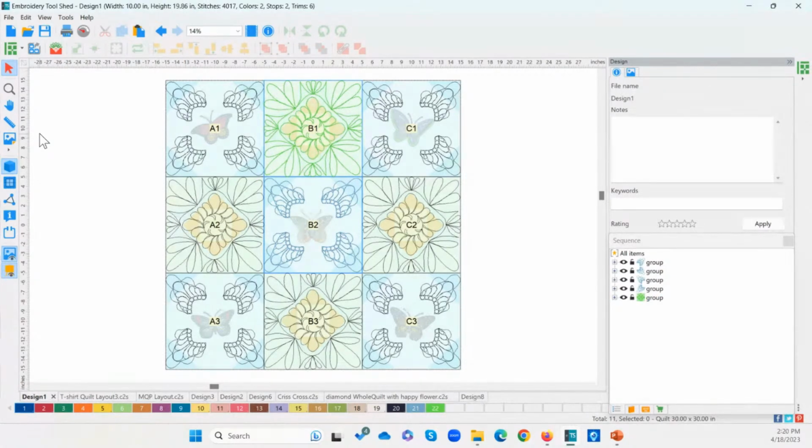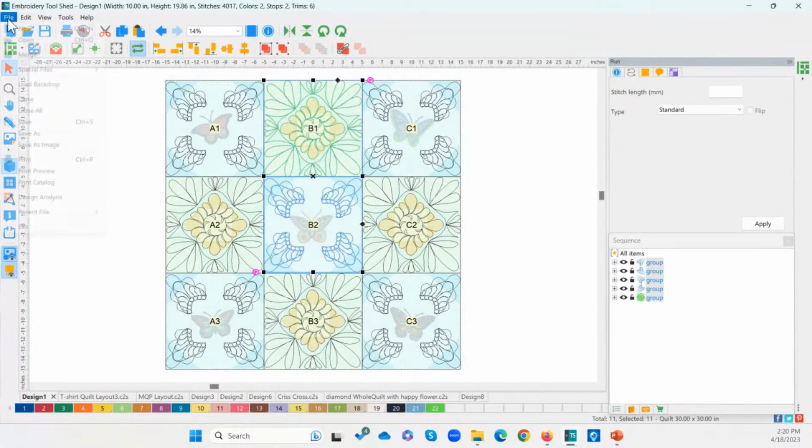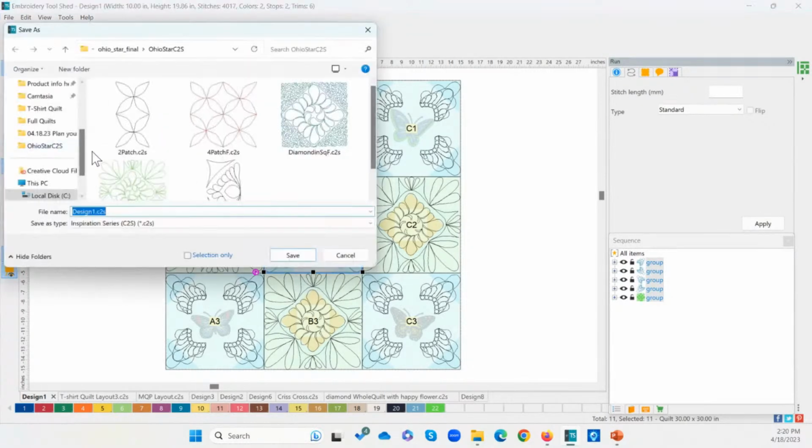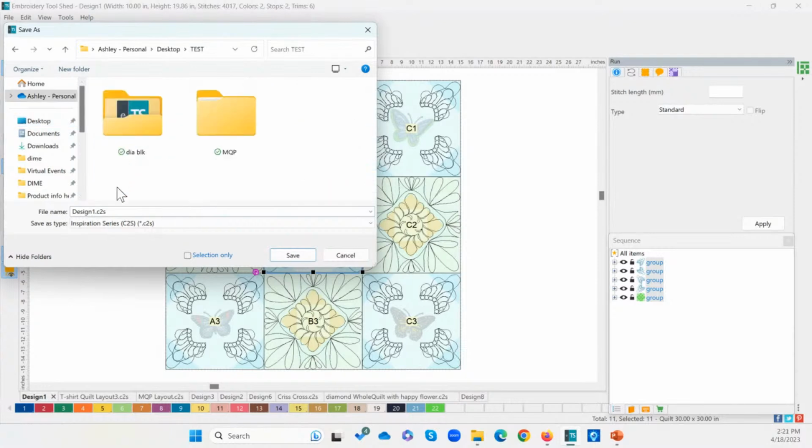Okay. So we've designed our quilt and these designs are going to avoid our embroidery. So I'm going to do 2 different saves here. This is also a refresher from last week. Make sure you do file and save as. And then I'm just going to go to my desktop. I have a test folder here. And I'm going to call this my embroidery quilt.